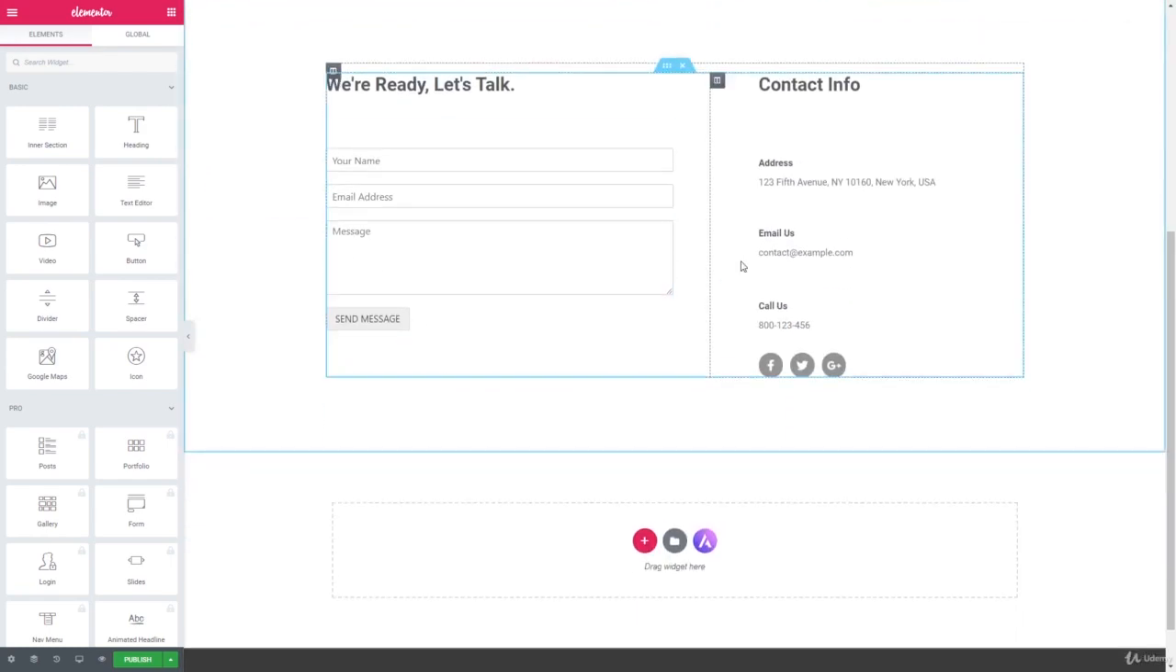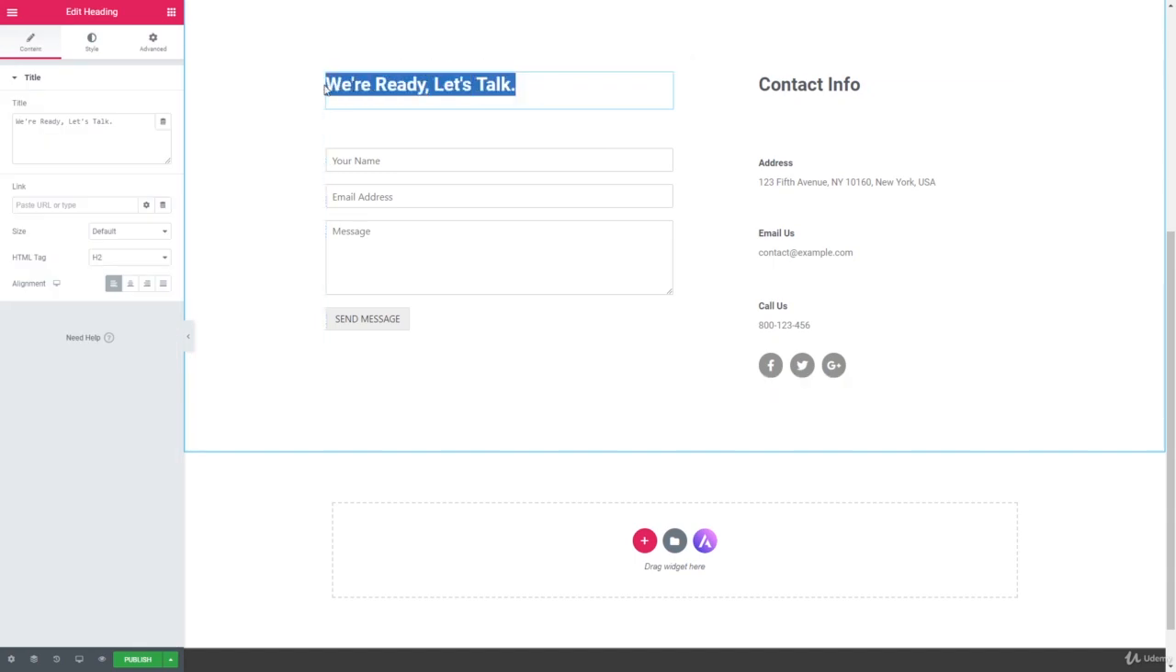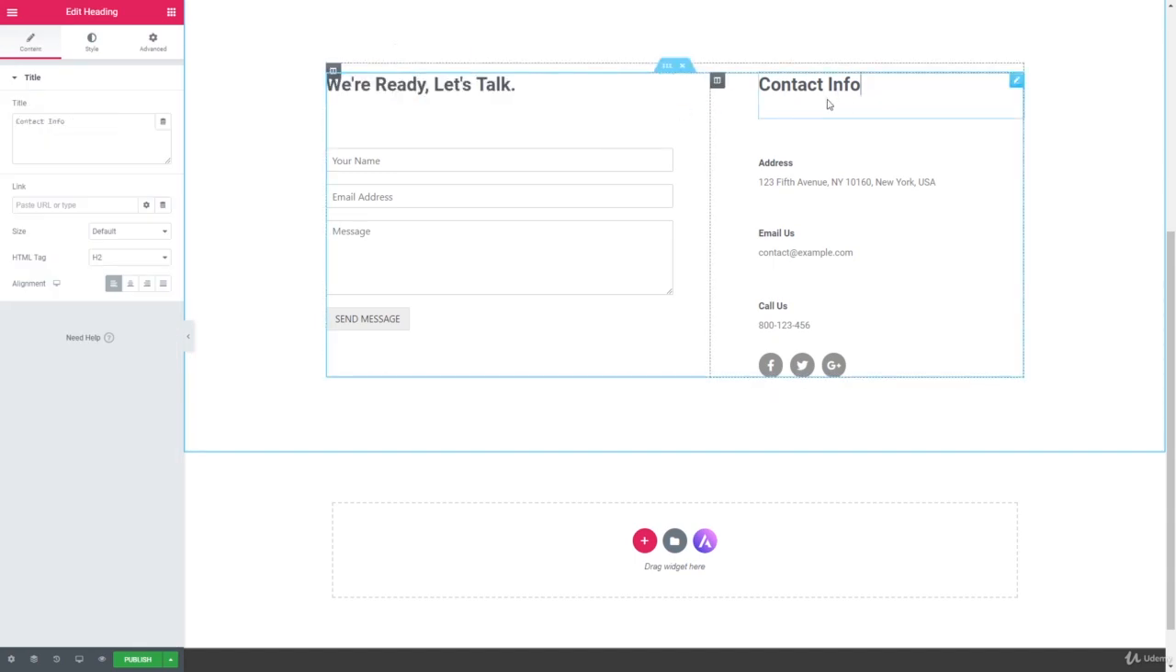Alright, as you can see, the template was imported successfully, and all we have to do right now is just to edit all these fields. So the Contact Us form is going to look something like this. We can keep it as it is. If you want, you can change the heading of this form, and if you need, you can change the contact